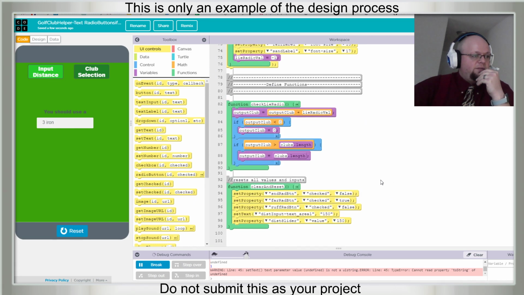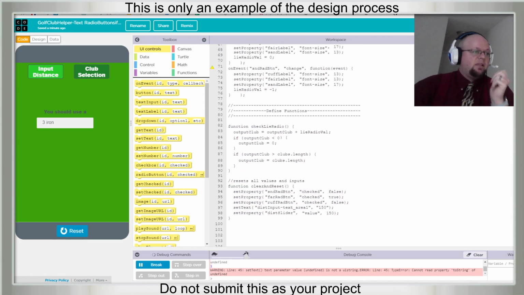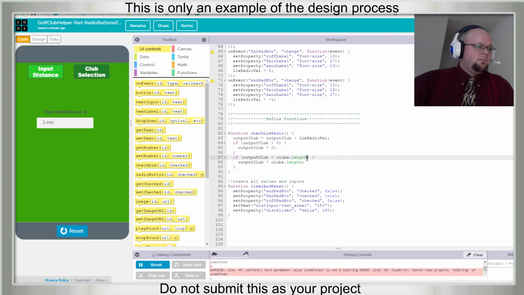So we're saying if it's longer than clubs.length, if output club is greater than, okay, so in other words, this isn't correcting anything because we can't make it go past its last one because of our if-else statement, and therefore it's not reaching the point where it would fix anything.